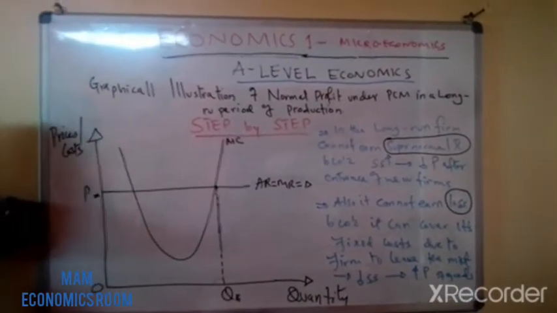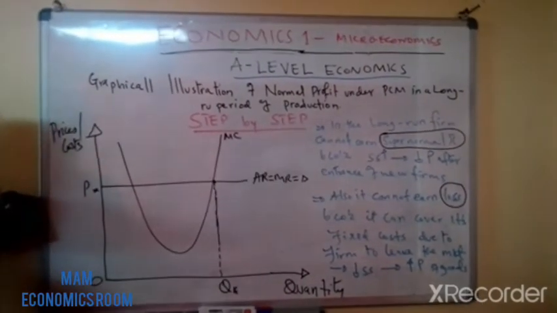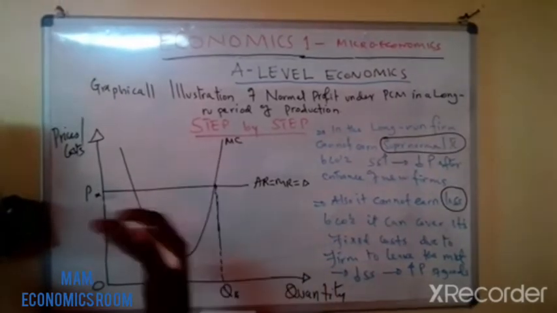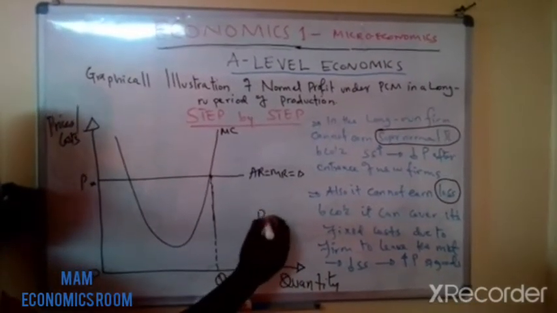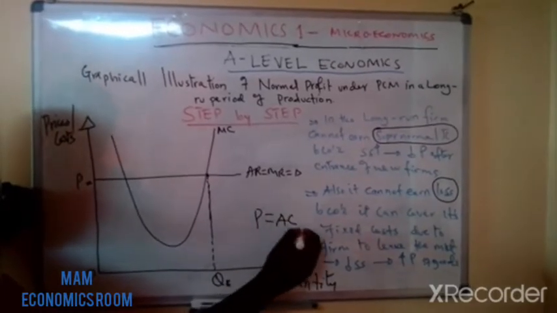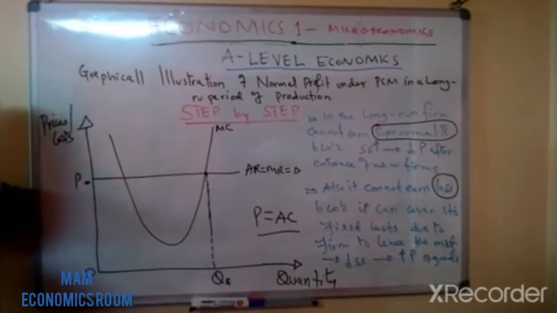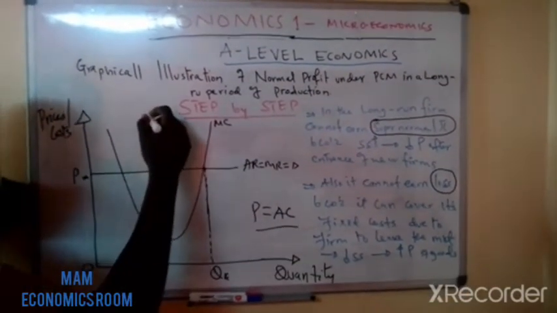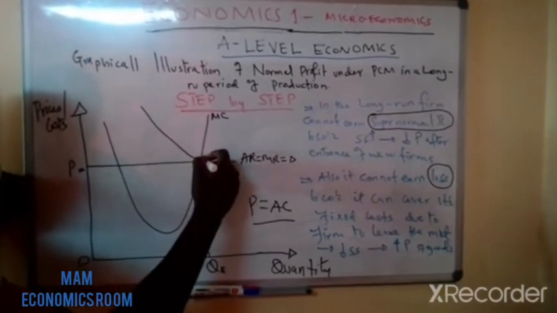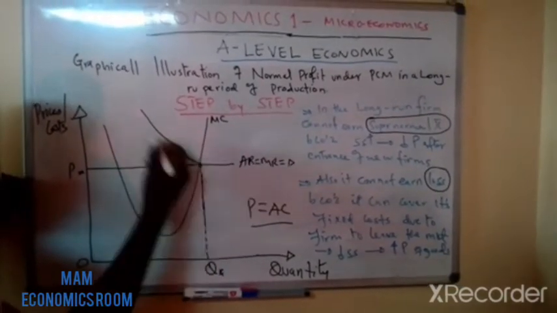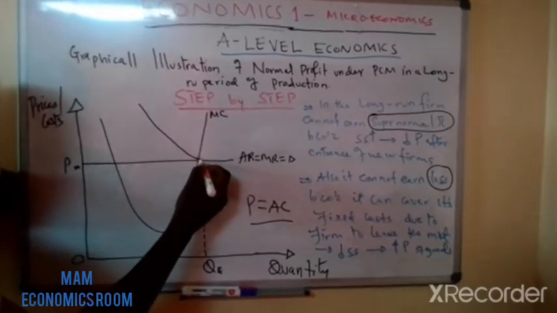After there, remember we are now talking about the normal profit, and from the general rule from the previous video, if you see the general rule, we say that when price is equal to average cost, that means a normal profit. So we are going to plot the average cost curve like this. Remember, when it meets marginal cost here, that is the point where average cost reaches its minimum. So from there we do